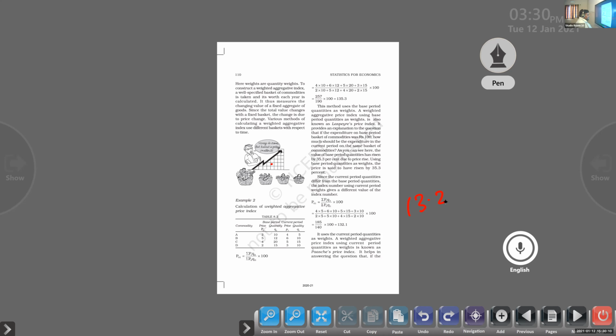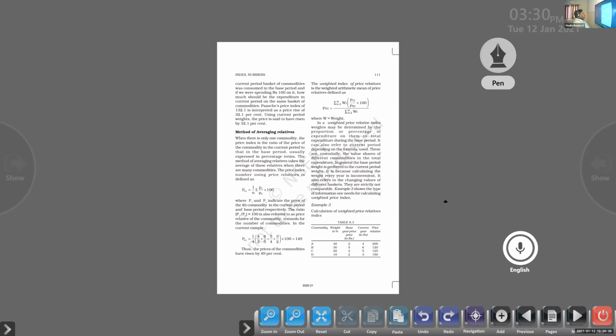A weighted aggregate price index using current period quantities as weights is known as Paasche's price index. Paasche's price index, underline that. It helps in answering the question: if the current period basket of commodities was consumed in the base period, and if we were spending rupees 100 on it, how much should be the expenditure in the current period on the same basket of commodities? Paasche's price index of 132.1 is interpreted as a price rise of